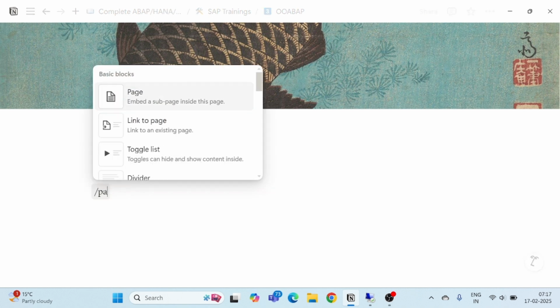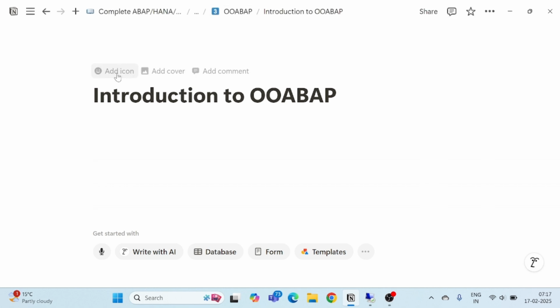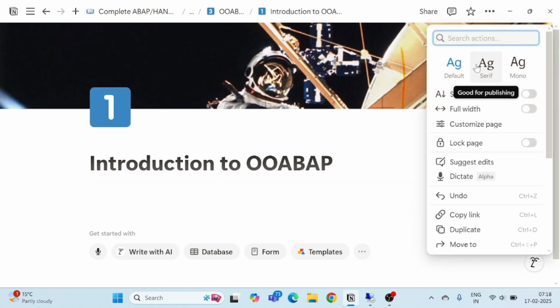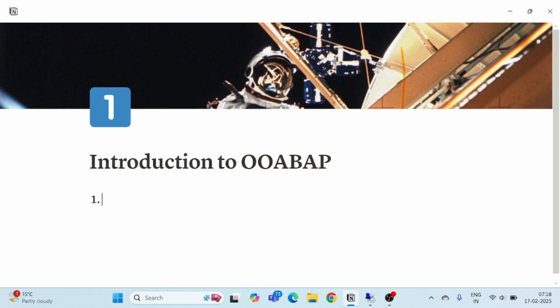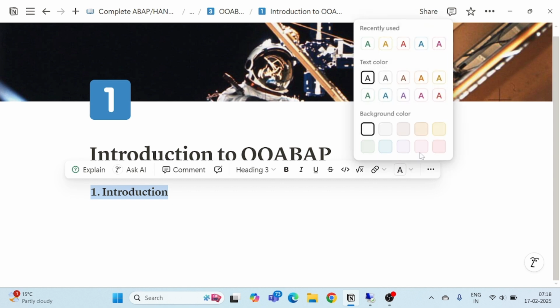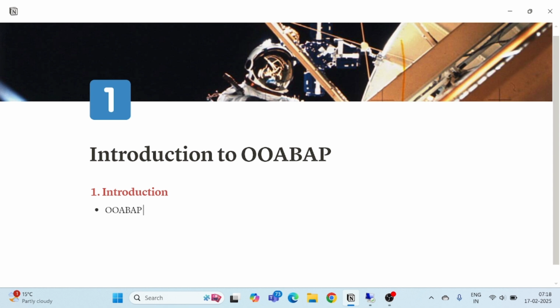So let's start with the very first topic, which is Introduction to OOABAP. So what is OOABAP? Right, let's start with the fresh topic. This will be my first introduction part. So OOABAP stands for Object-Oriented ABAP,